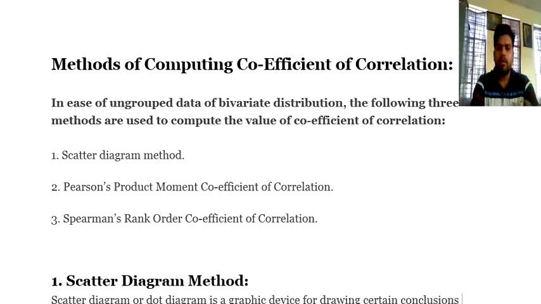So we have learned about correlation. If you want to know about the meaning of correlation and what the types of correlation are, for that you will have to go through another video. But in this video we will be discussing the methods of computing coefficient of